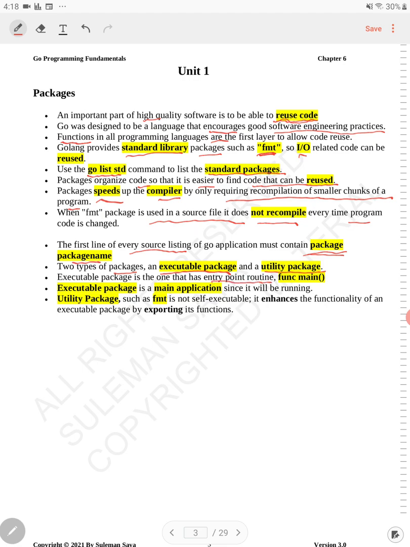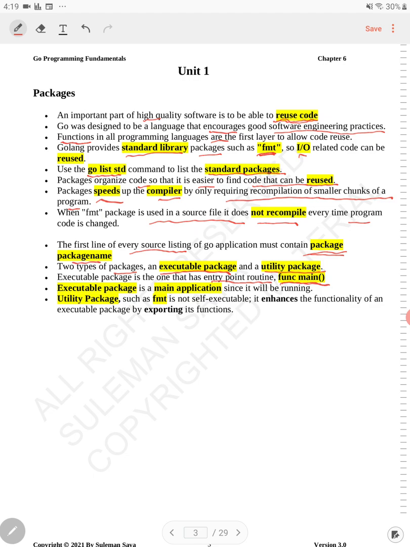When we write our source code so far, we have package main, and within that package main, you have the entry point routine, func main. You can even have multiple source code files for the executables, but you will have only one func main